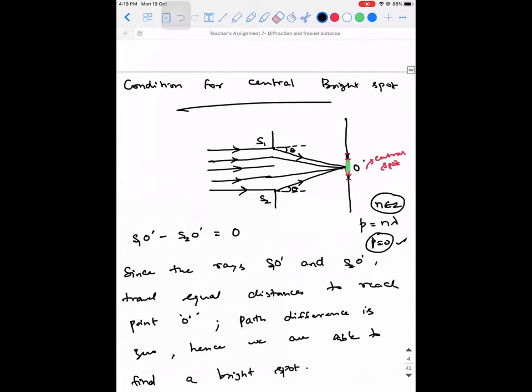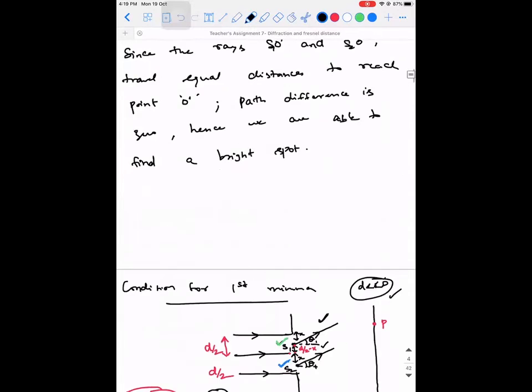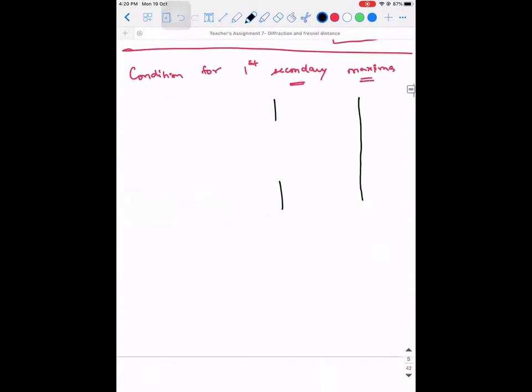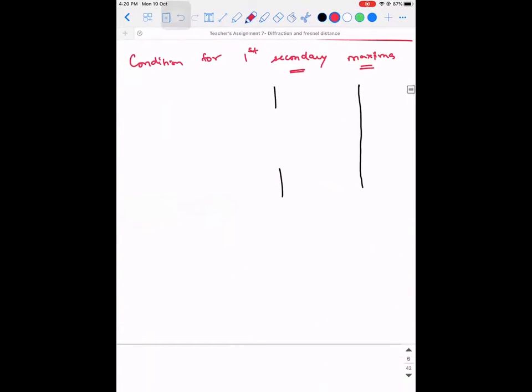No, here you see. For central maximum, it is only one. I never broke it. For first minima, we broke it into two equal parts. So for first secondary maxima, we are going to break it into